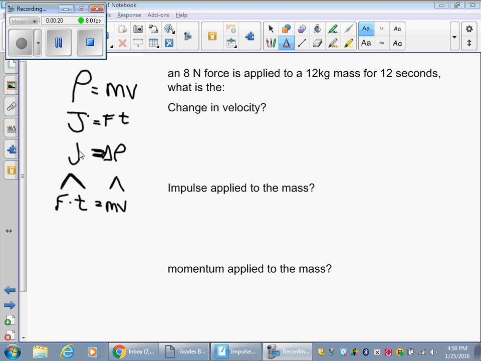So that means I can set the equation for impulse, right here, equal to the equation for momentum, m times v. See that? So these two equations here are the exact same thing. Okay, these two equations are the same thing. All right, now,